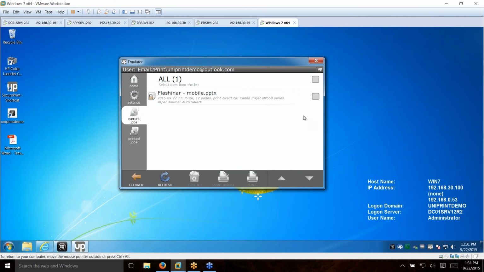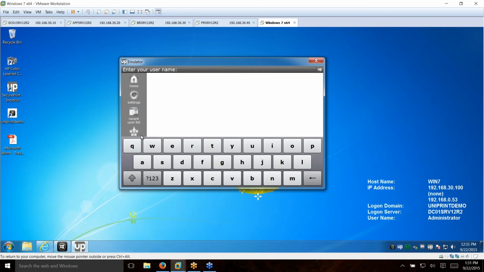So anyway, in terms of time, I'm going to answer a couple more questions. Okay, so do you need to install a UniPrint app on the device? If you are using email to print, you don't have to install anything on the device. If you are using Chromebook, then you have to install some of